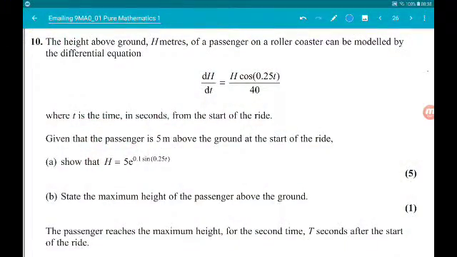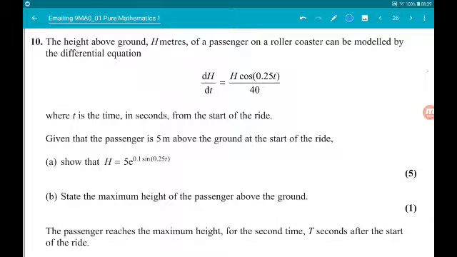Okay, question 10. We have a differential equation. So the height above ground, h meters, of a passenger on a roller coaster can be modelled by the differential equation dh over dt is equal to h cos of 0.25t over 40, where t is the time in seconds from the start of the ride. Given that the passenger is 5 meters above the ground at the start of the ride, show that h is equal to 5e to the 0.1 sine of